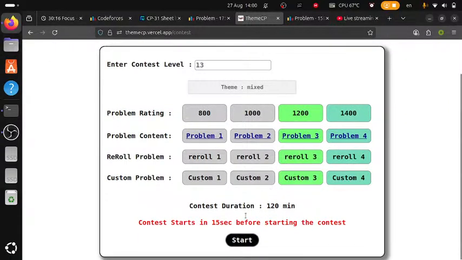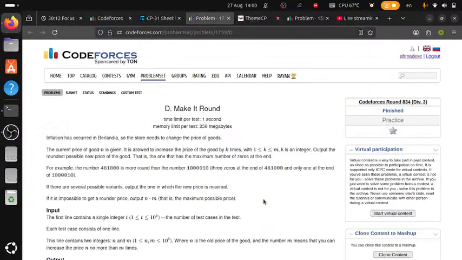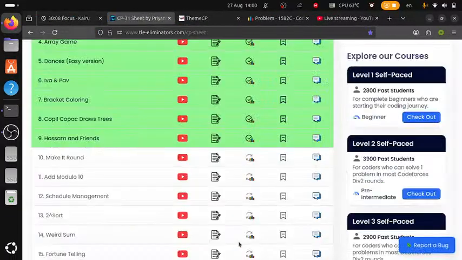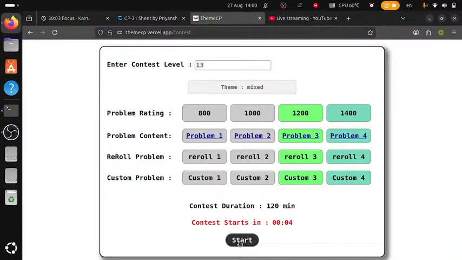Start. Yes sir. So we close all these tabs, and let's try to